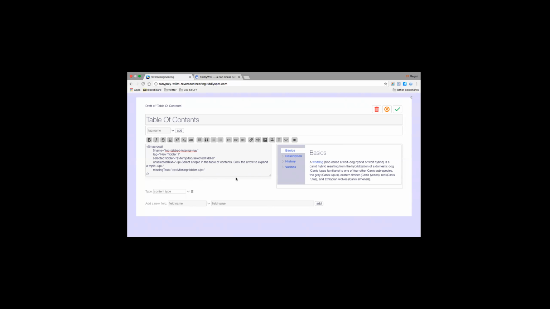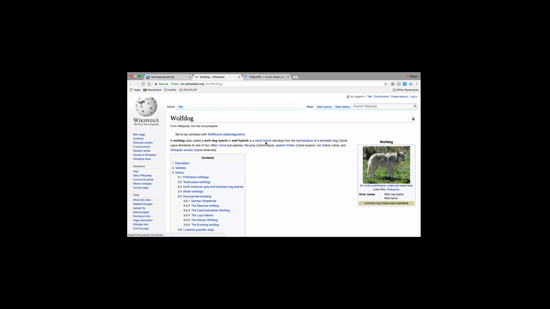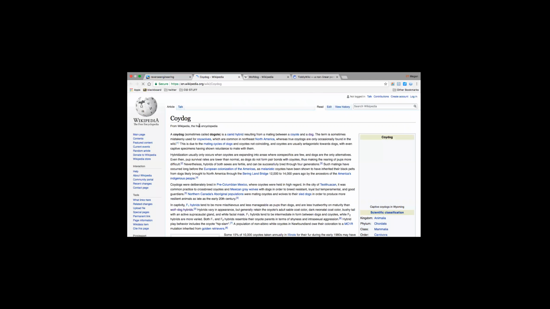Show us what you did here. So I did mine on the Wikipedia page of a wolf dog. I linked this. It's supposed to open another one, so then you can go to the Wikipedia page. Okay, so you're doing external linking. Yep. So I went back to that. I have my description, so you can go to Koi Dogs, and then I'll just go right to how they're similar.